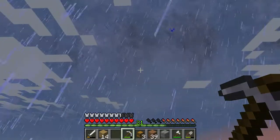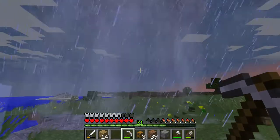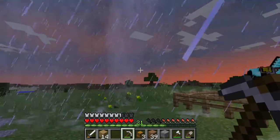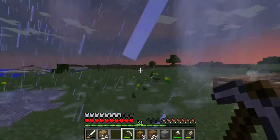So, the wind appears to be blowing to the south right now. Oh, and here come the rain curtains. I think this might be forming into a tornado. Because the wind...